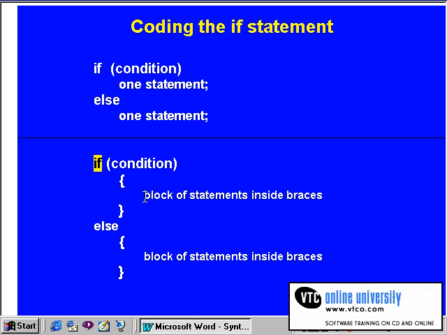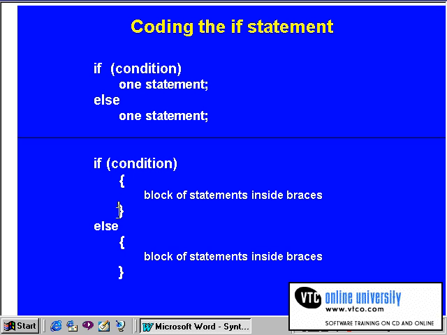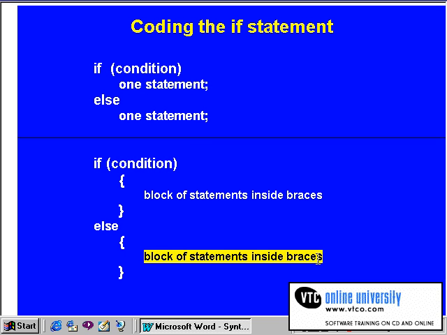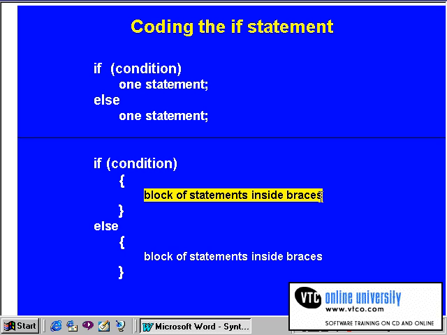If, however, you would like to execute more than one statement, if that condition is true, then use the opening and closing brace to specify a block of statements for that true condition. Likewise, for the else condition, if you wish to execute more than one statement, use the opening and closing brace for the else portion of the statement. Inside of the braces, you write code as normal. That is, you use semicolons to end lines of code